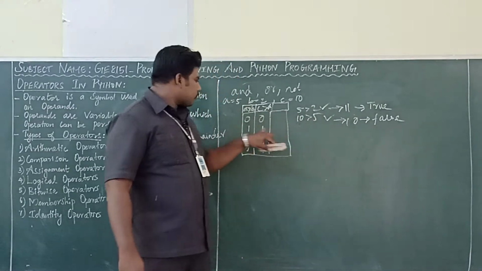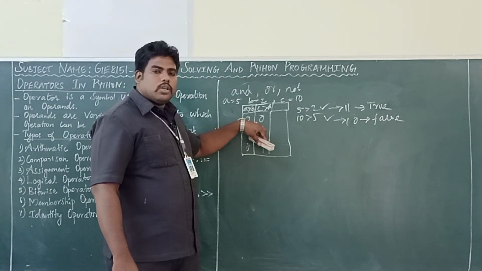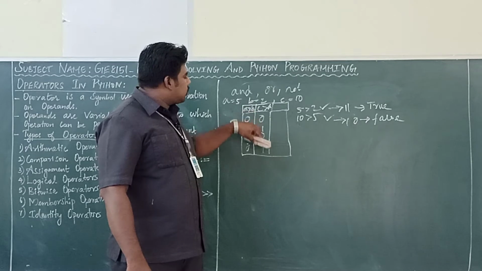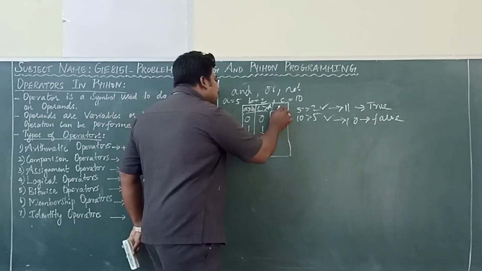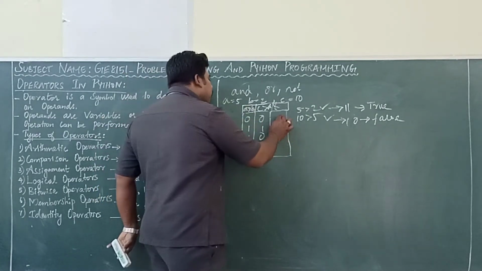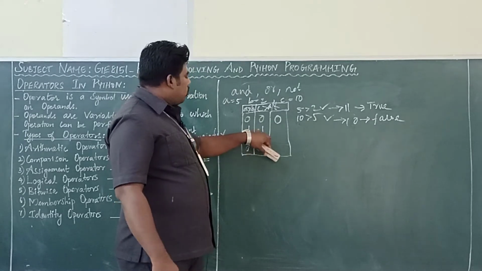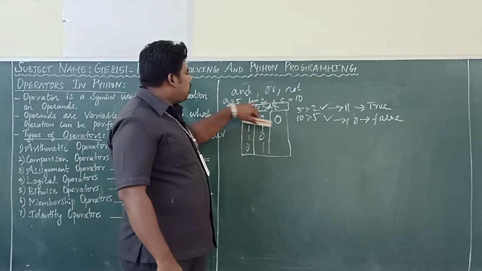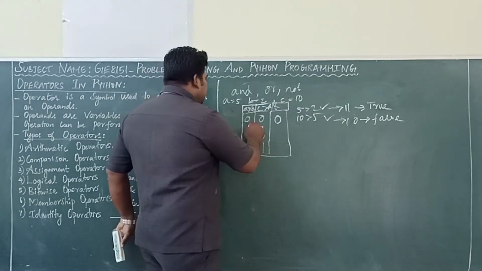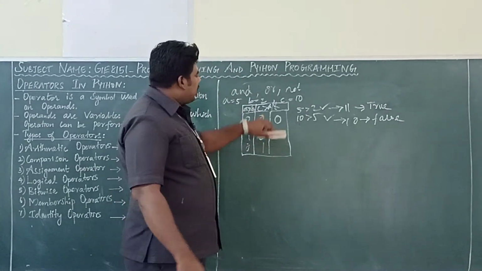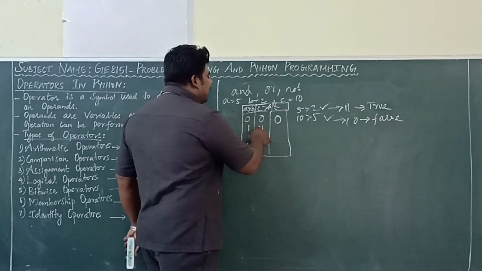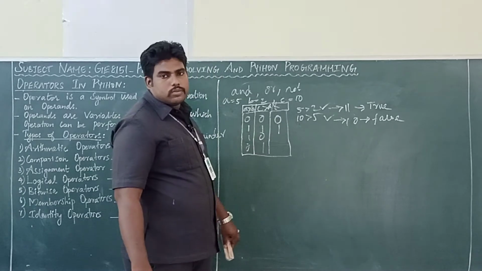Okay. Now see this first row, 0, 0. Here I am saying this condition is false, and this condition is also false. So as per logical AND, which performs like multiplication, false and false will give false. Now as per your input, 5 and 10, both conditions are true. A greater than B, so it is true and I put 1. Then C greater than A, this condition is also true, so I put 1. So when both conditions are true, your answer is also true.